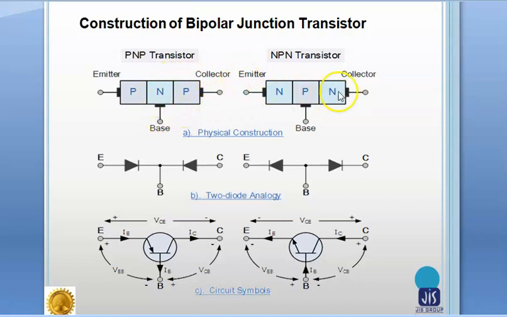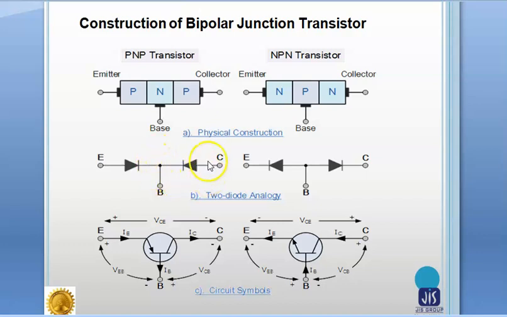Also the widths of these three layers are different. The width is maximum for the collector section and minimum for the base section, and the emitter section is in between the width of base and collector, in both the cases.